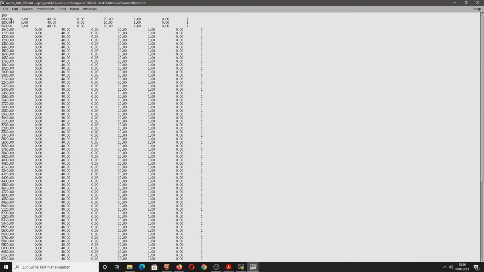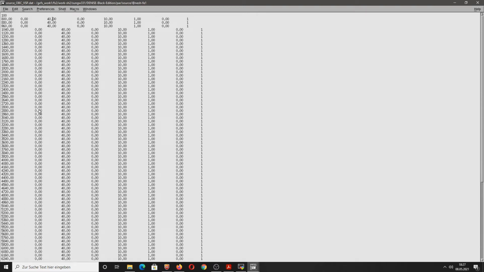Then you have multiple columns. First column is the x-coordinate of the source, and the third column is the y or depth coordinate of the source. In this case we assume that we have airgun sources at 40 meters depth. And we have a shot point distance of 80 meters from 800 meters up to 8,720 meters, so 8.7 kilometers.